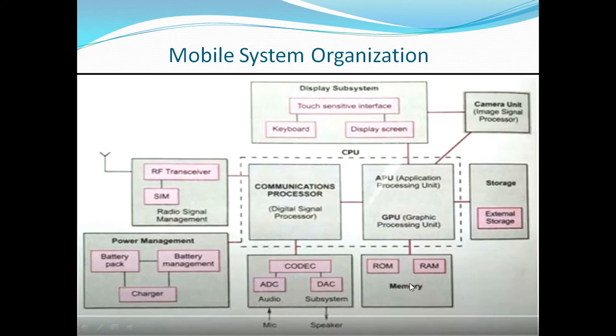So like a computer system, in a mobile system also we have memory, two types of memory, RAM and ROM. RAM is actually the working memory of your mobile. That means all the installed apps, when run, are loaded in RAM and then executed. So the more RAM, the better the performance and the faster the phone will work.